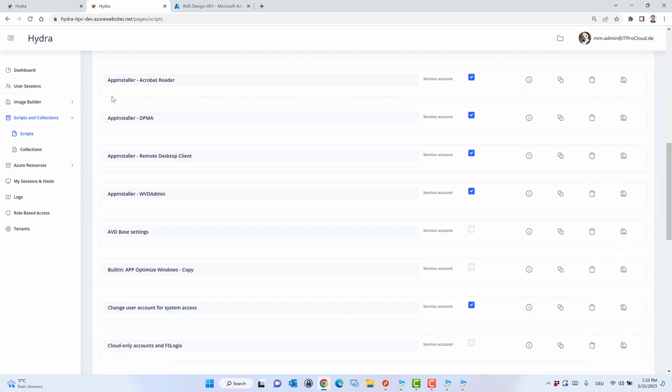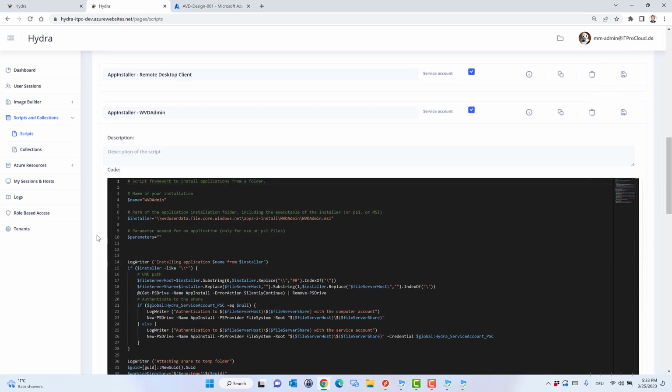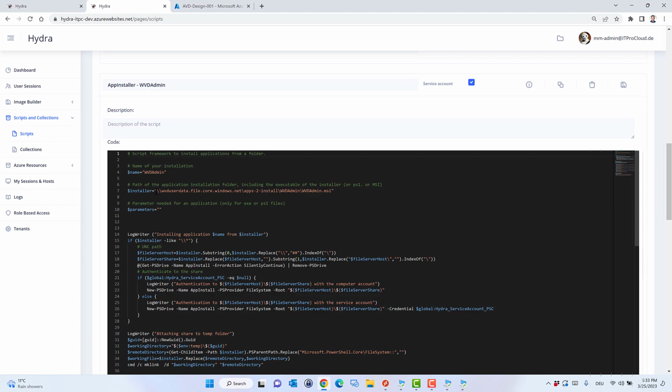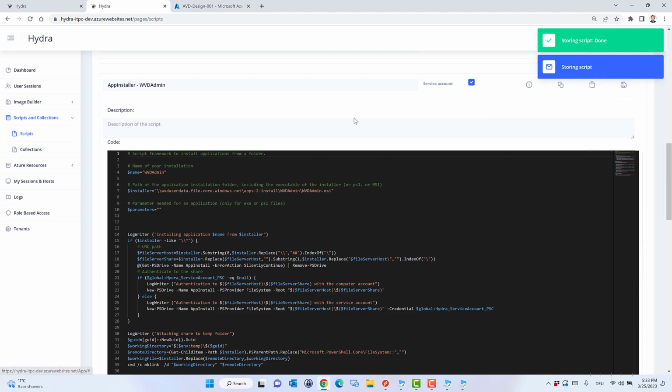And I have some other applications like WVDAdmin that are a bit different. It starts with the same. I give it a name. I copy the path, in this case to the MSI file, and it doesn't need any parameters. And in this case, the script will install the MSI directly. So if you have done this, we can run